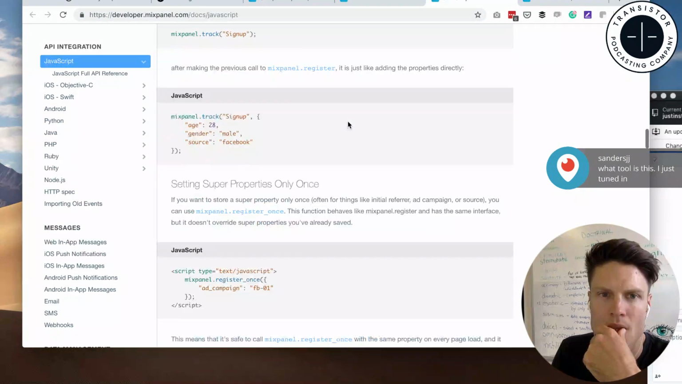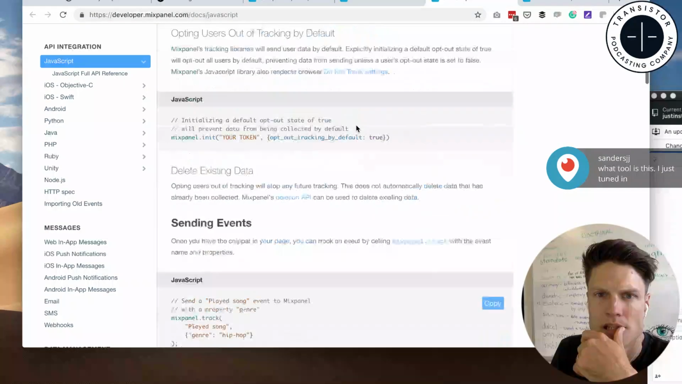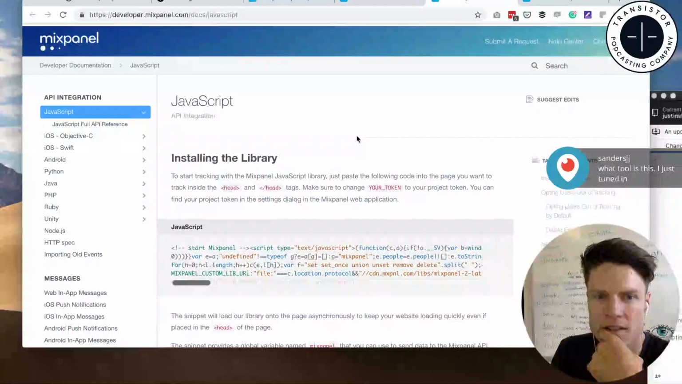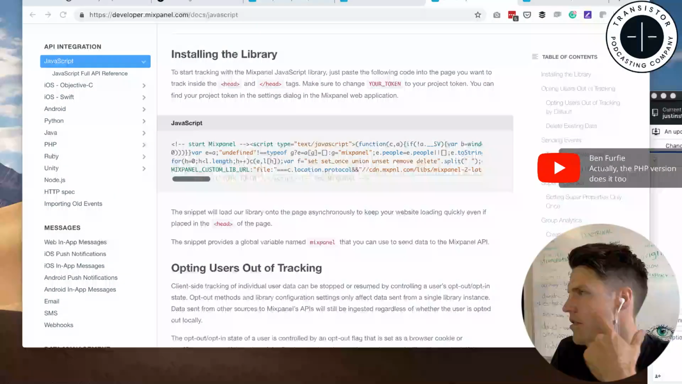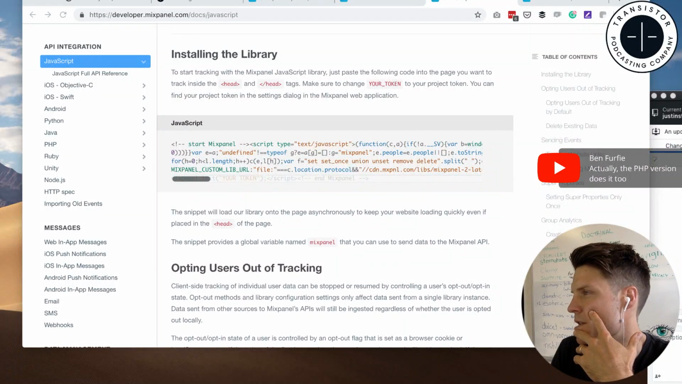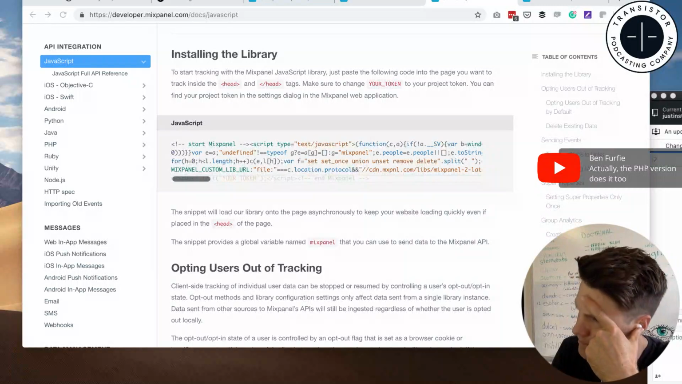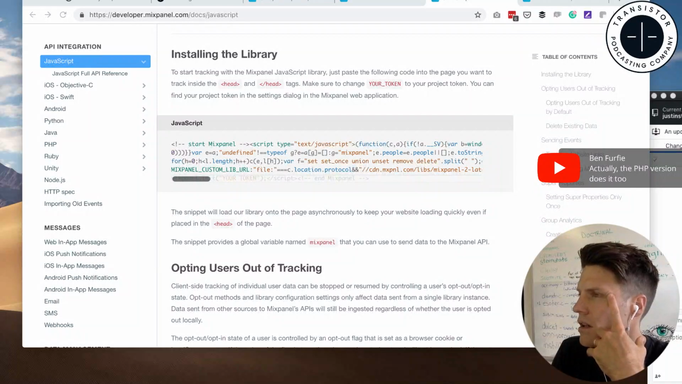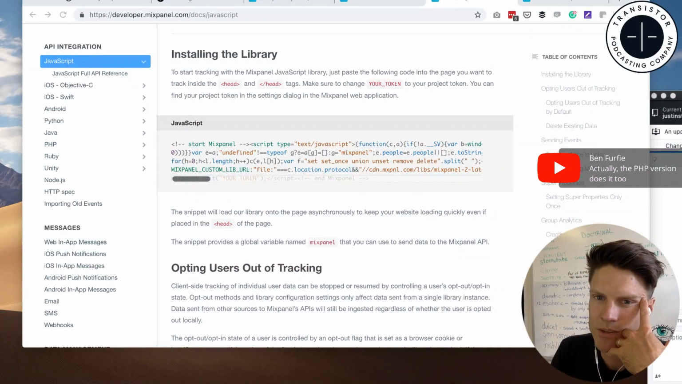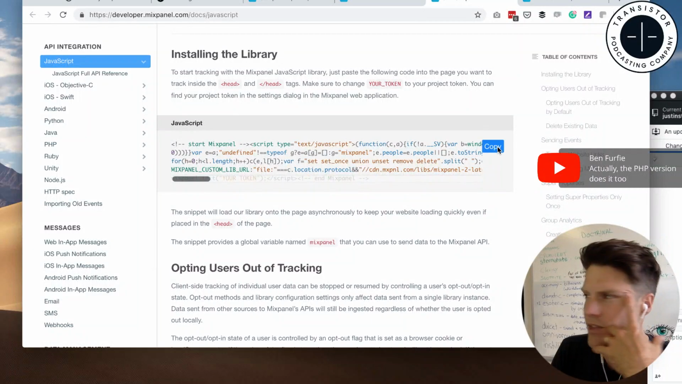Feels like, I mean, oh, the PHP version uses JavaScript too. So why would I use the PHP library as opposed to just this JavaScript one? Because with this one here,